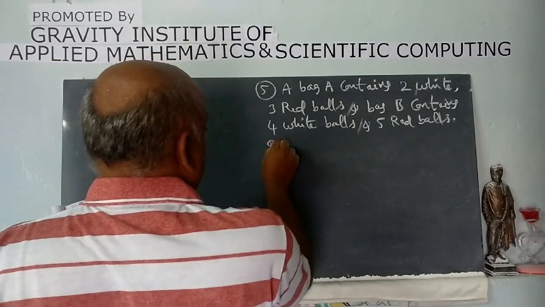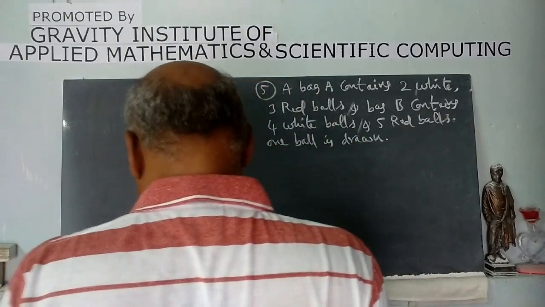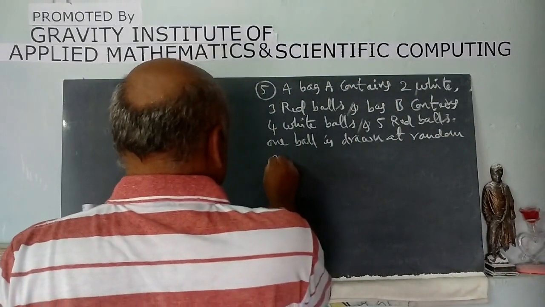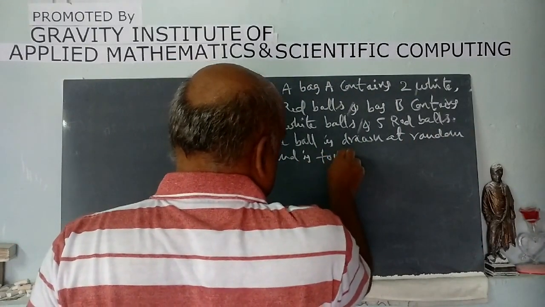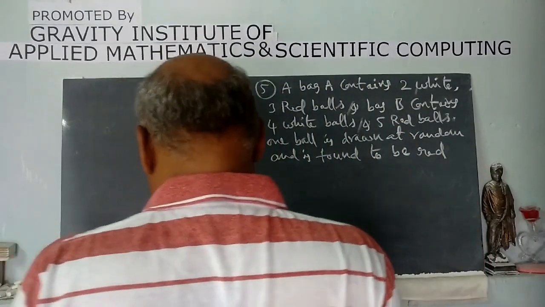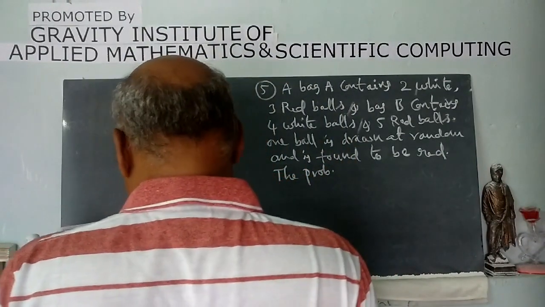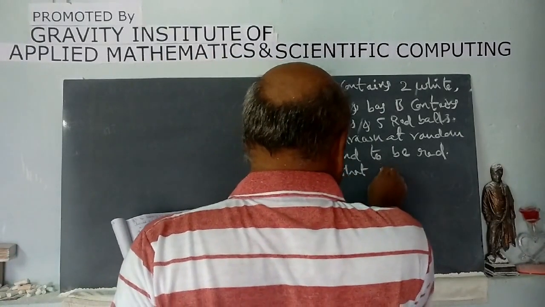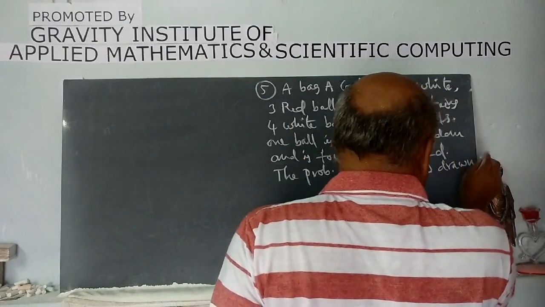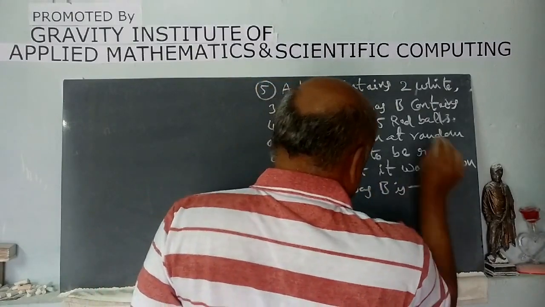One ball is drawn at random and is found to be red, then the probability that it was drawn from the bag B is